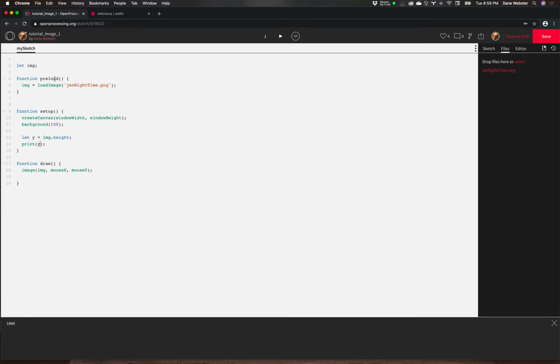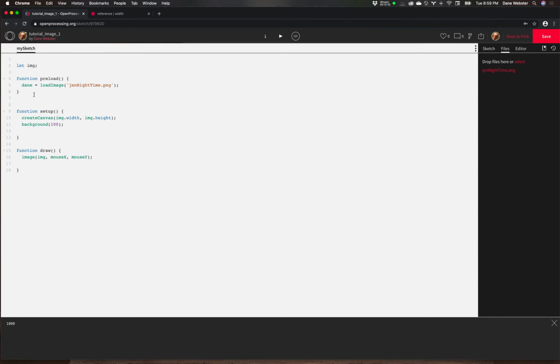So let's keep in mind the order of operations here. We've created a variable. We've loaded this image. So P5 now knows what this image is. It also knows that it has a width and a height. So instead of this stuff here, let's just say, you know what, image width and image height. And again, this is just the variable name. I could just call this